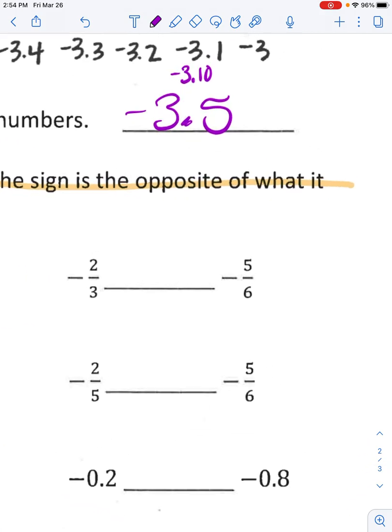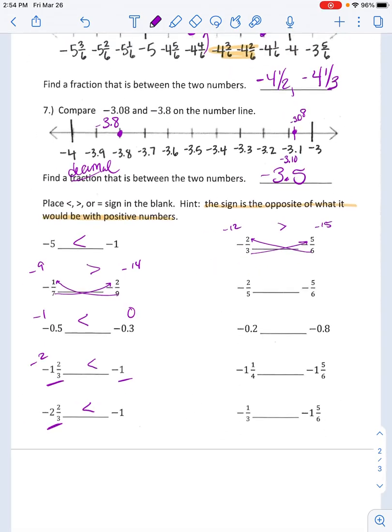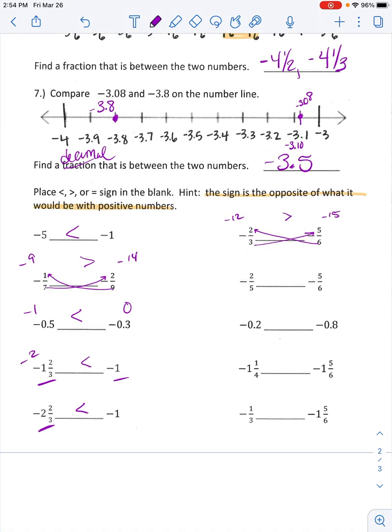Okay, let's look over here. Again, we've got fractions, do cross products. 6 times a negative 2, negative 12. 3 times a negative 5, negative 15. Which is furthest to the left? The negative 15 is. Okay,